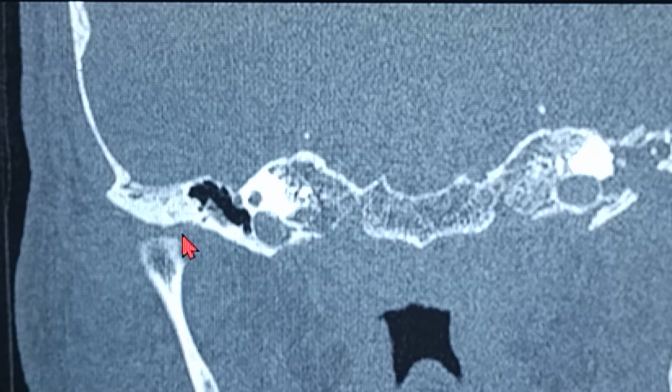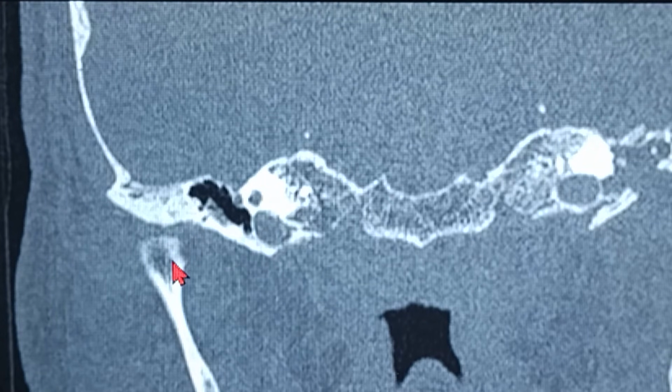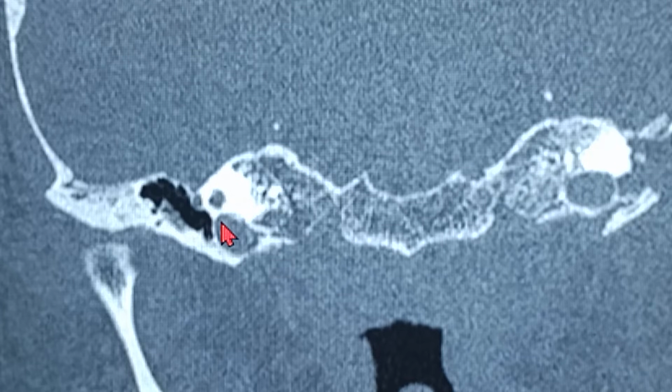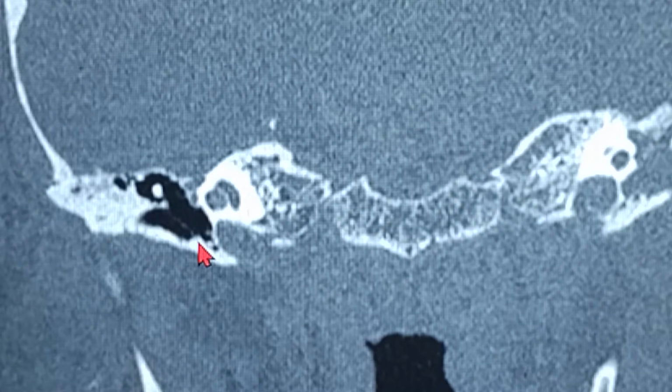Okay, this is a coronal view. The first structure you see is the body of the mandible. That's the condyloid process, the TM joint over here. The second structure you see is the internal carotid artery. This structure you can see over here is the ICA, and keeping in mind the ICA, you can keep that as a landmark. If you go behind, you can start seeing now